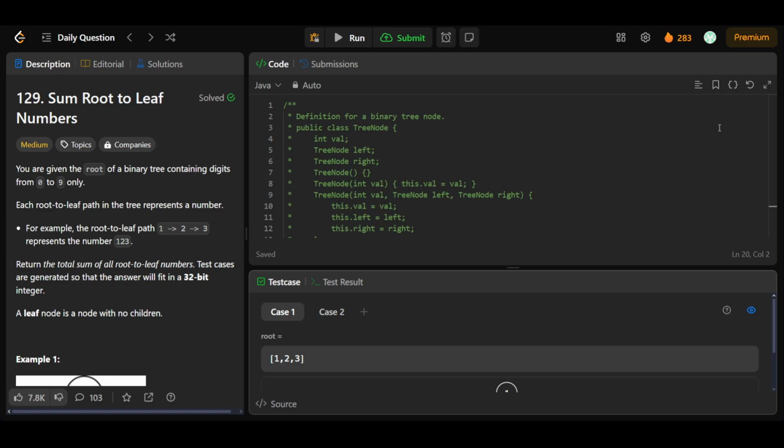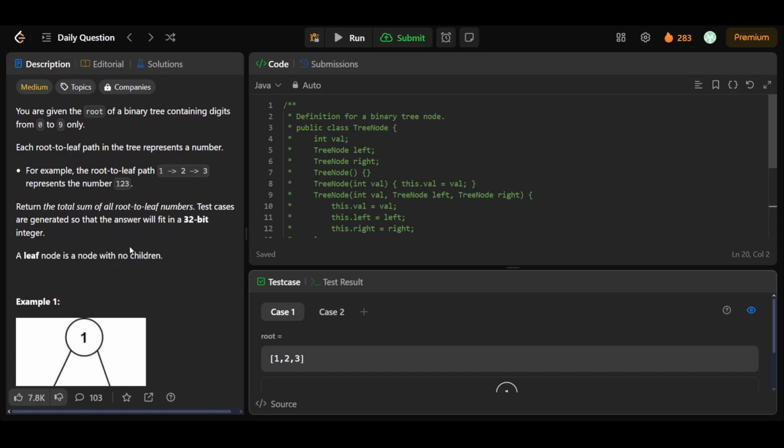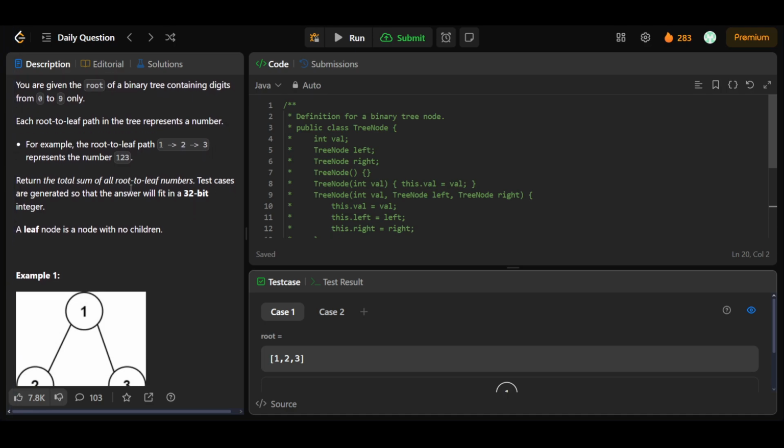Hello people, so today we'll be solving LeetCode Daily Question 129, that is Sum Root to Leaf Numbers. In this we'll be given a root of a binary tree containing digits from 0 to 9 only, and each root-to-leaf path in the tree represents a number. For example, the root-to-leaf path 1 to 2 to 3 represents the number 123. We have to return the total sum of all root-to-leaf numbers, and test cases